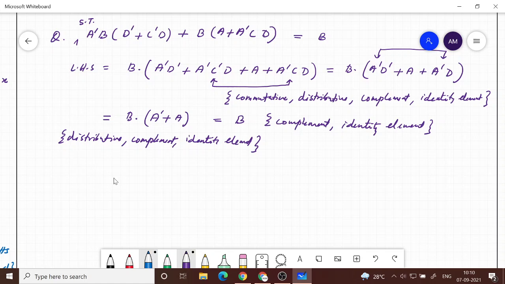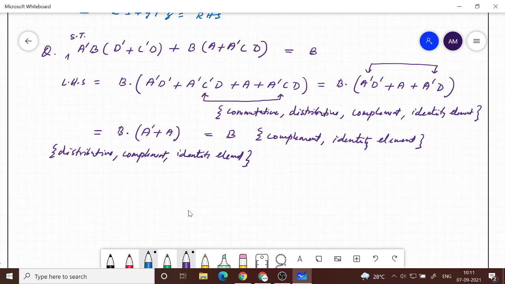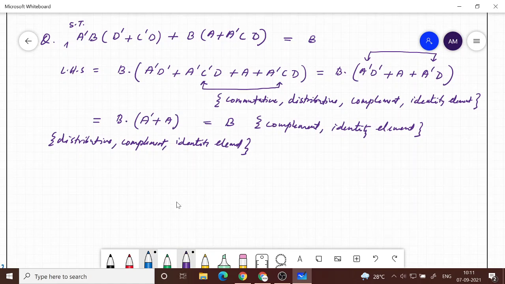If time is available, always do that, that is always welcome. But sir, if there is scarcity of time and you have to just finish the problem, then of course you are welcome to do this way also. Okay, but it should not have mistakes, ultimately that is the thing. Alright, so